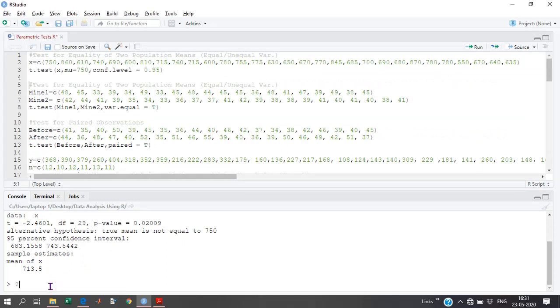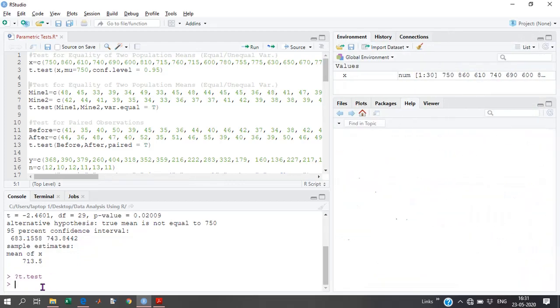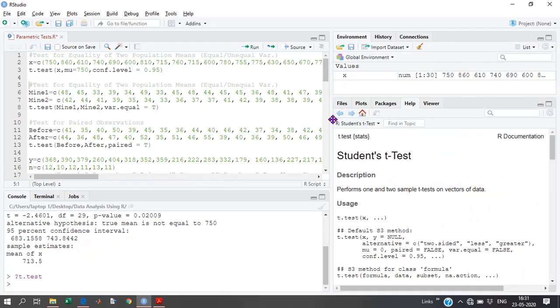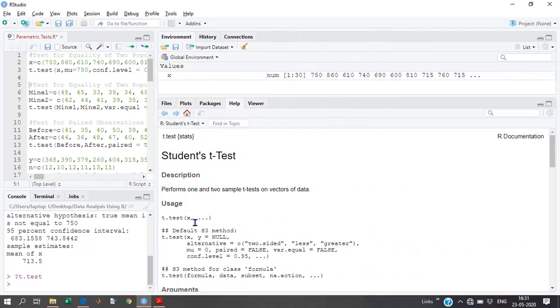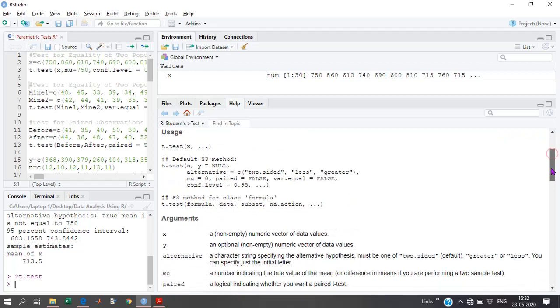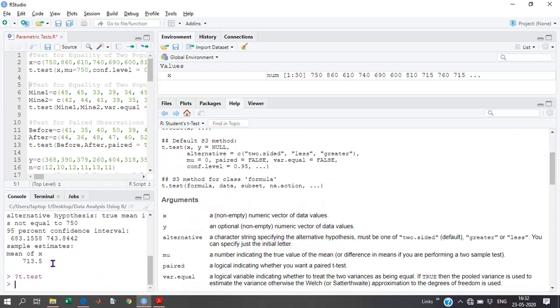We can go ahead and find the syntax and other sample examples for the t-test by using the help command. We have t.test default. Why null alternative? We haven't seen alternative here.